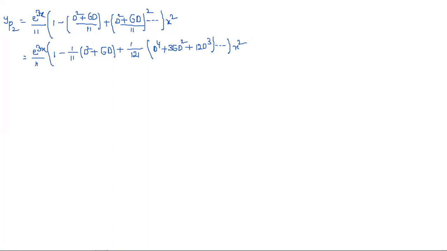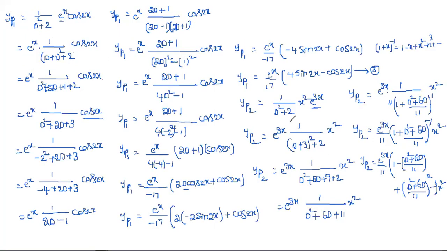So here, yp2 is nothing but, first as usual we took this one. Next, e power 3x we wrote on the left side, and immediately I substituted D plus 3 in place of D. Next I simplified this one by applying (a plus b) whole square. I got this. And now, in that, we apply the third method, which we discussed in yesterday's class. Third method in the sense that we need to convert it so that 1 has to be there.